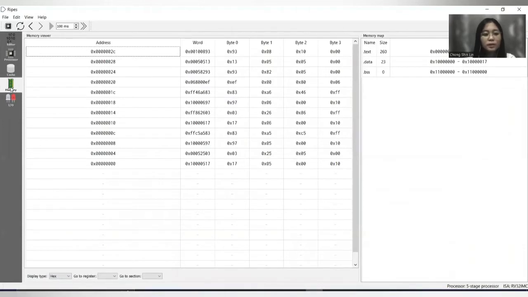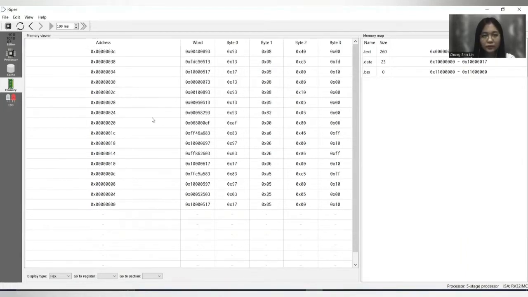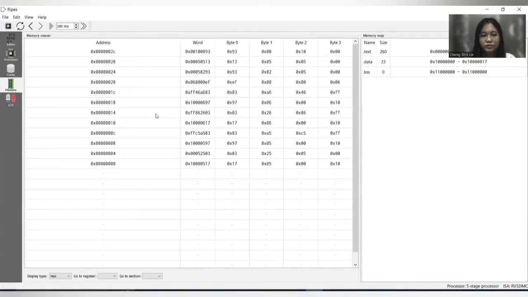So for the memory tab here, this memory tab provides a view into the entire address space of the processor. Navigating the memory can be done by scrolling the memory view like this. Then maybe we can go to the register. Go to register will scroll the memory view to the value currently present in the selected register. Then if we go to the section, it will scroll the memory view to the address of the given section value